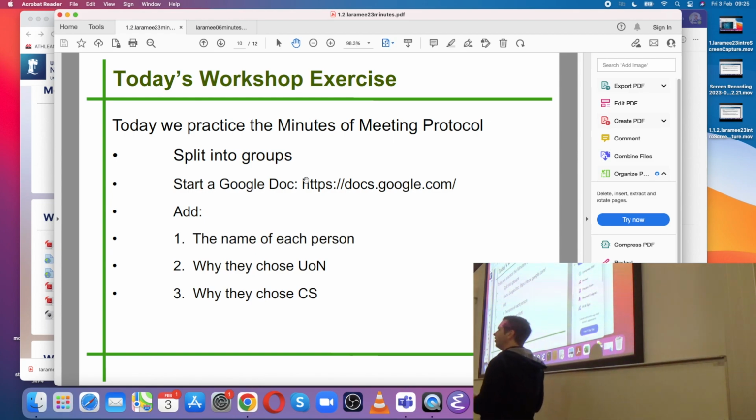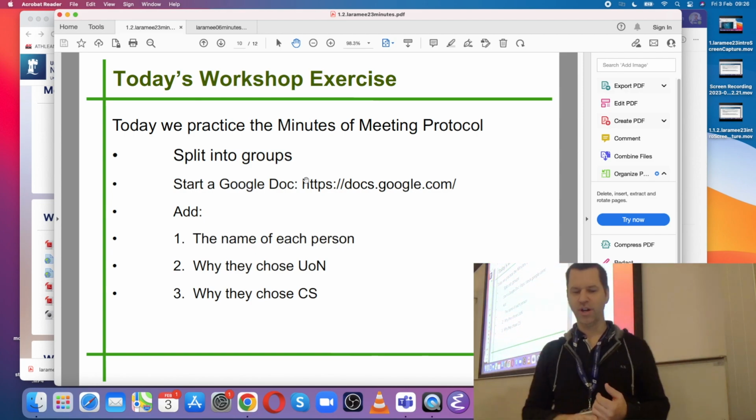Who here knows about Google Docs? If you don't know about Google Docs, and this is your first time using a Google Doc, this is going to be extremely valuable too. Google Docs are super, super useful, especially for groups and group projects. So you start a Google Doc,